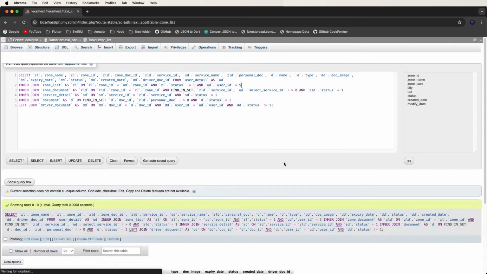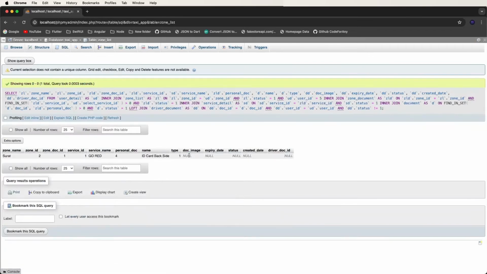Now I click here, and these drivers are showing the document names as an id, ID cards, backsides, and types, where one means personal document and two means driver document cards. Where documents are not uploaded, we get nulls; if users have uploaded inside these tables, it shows not nulls and displays the value. Now use this query and put it inside our